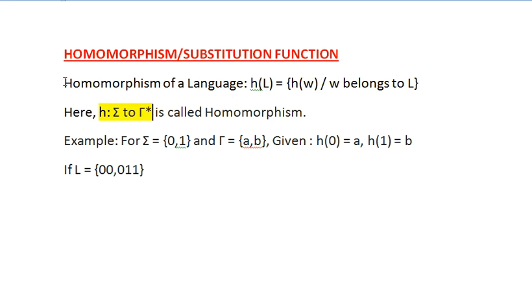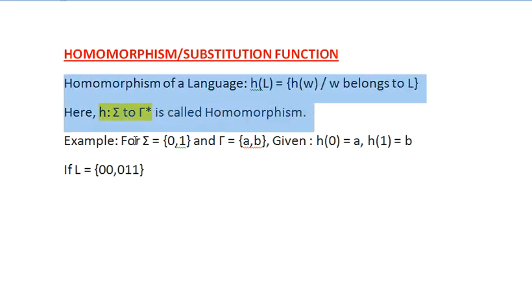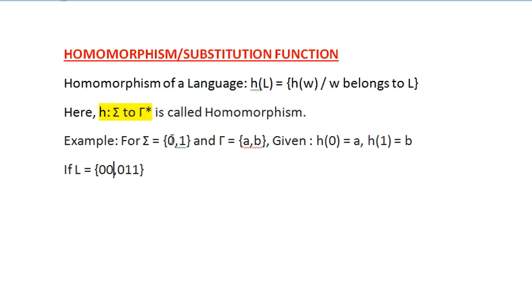Now these are all theoretical topics. Let us go with the example and try to understand the exact meaning of it. Suppose we have a set of input alphabets 0 and 1, and we have some other alphabets A and B. Right now I am just mentioning other alphabets, then we will see what this is. For every H of 0 we have an image A, and for every H of 1 we have an image B. So finally, A and B are nothing but the images of 0 and 1, and we can say A and B are the homomorphic image.